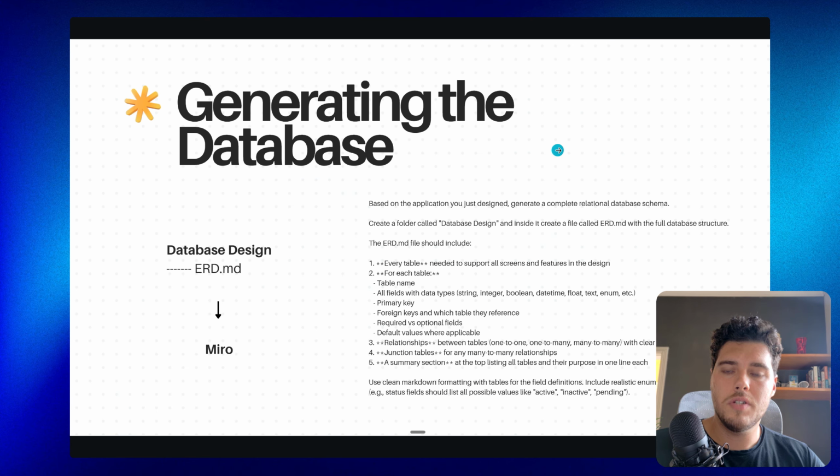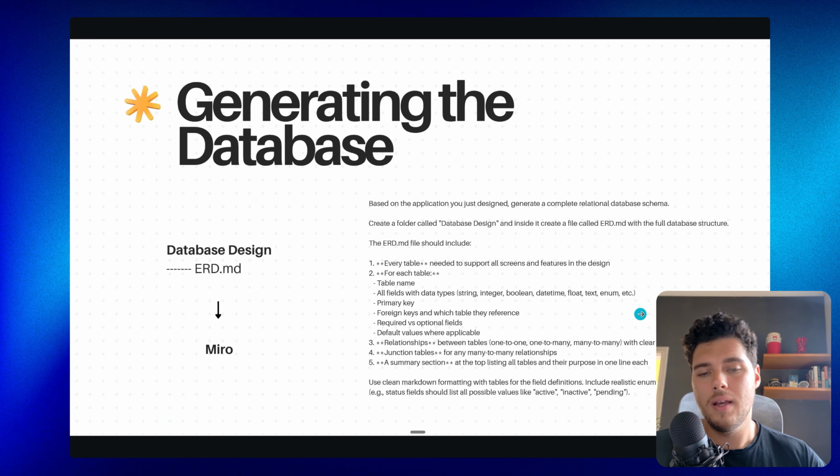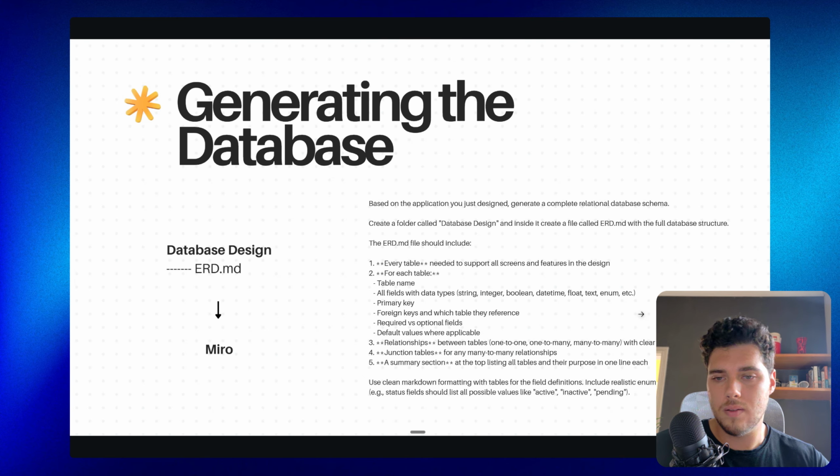So to generate the database, what I'll go ahead and do is copy and paste this prompt that I have generated. Keep in mind that all the prompts throughout this project, including the system prompt that I used on the Claude project to generate my Gemini prompt,